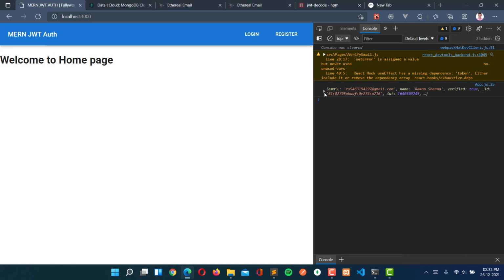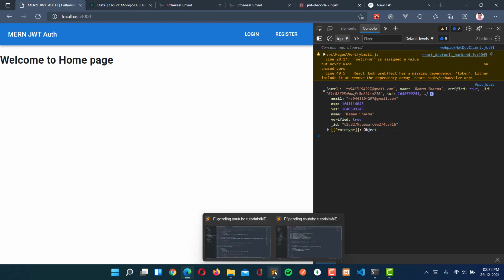Now see that when it is reloaded, we are getting the token is present here, and we are getting expiry, and we are getting iat also. So we will take the expiry here. First of all, let's take the expiry.